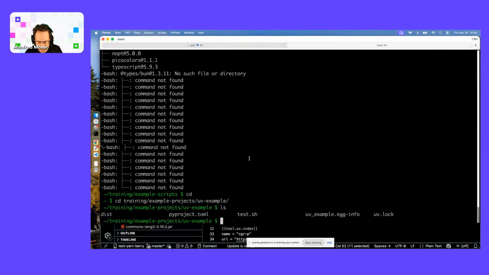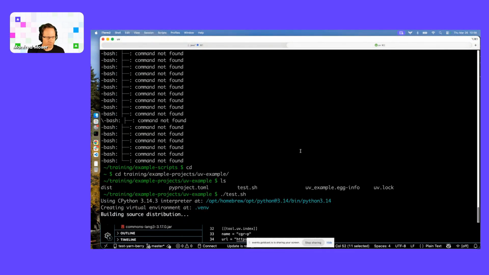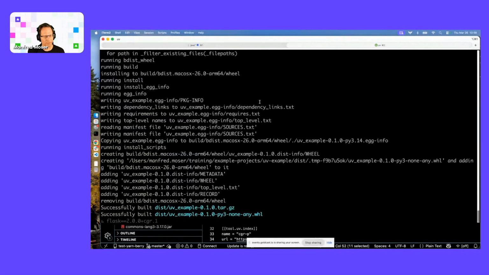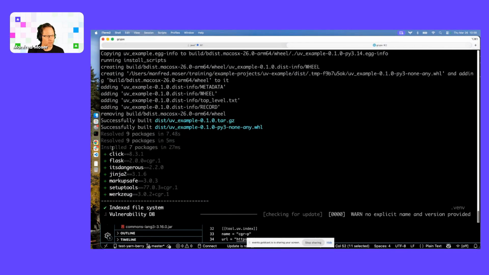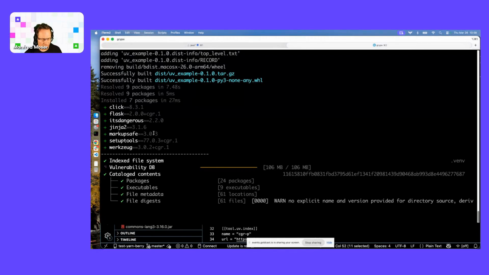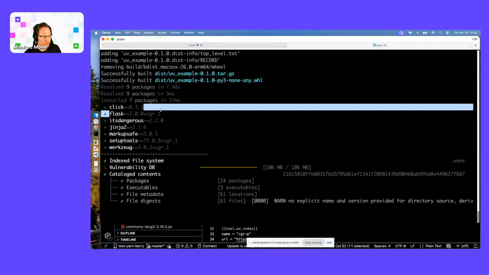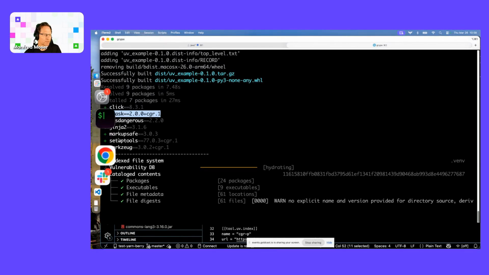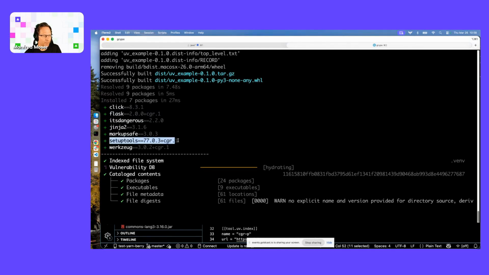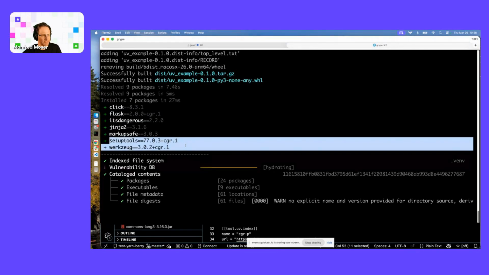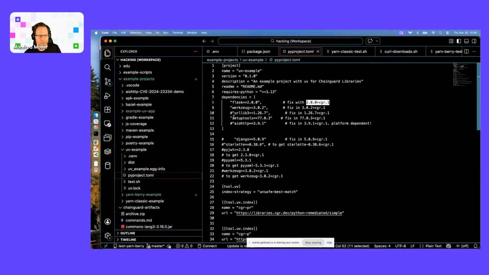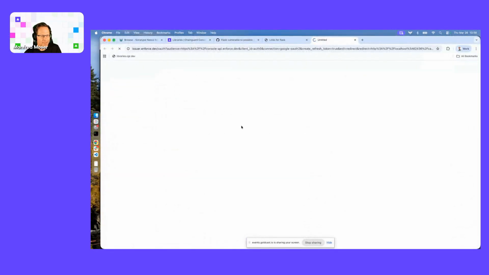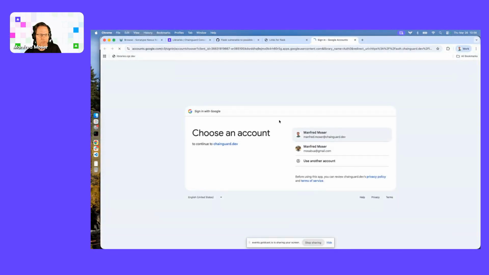If I run this again with my test script, you see this test script builds a new virtual environment, clears everything out, downloads everything, gets the right dependencies here. You see here Flask and so on. And you see here Flask, it picked up the right version of Flask. There's also other dependencies like setuptools and Werkzeug also got picked up as fixes. Some of those are declared, some of them are transitive dependencies. And you see it also asks me to log in now